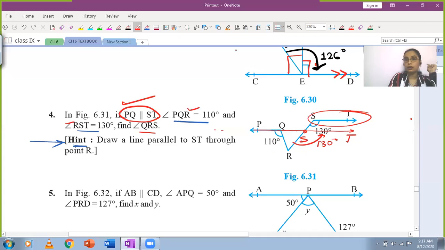ऐसा हो नहीं रहा, but you could use the properties of parallel lines and you can work your way around it. आप कर सकते हो, ऐसा modify कर सकते हो, लेकिन आप ये नहीं कह सकते कि ST and PQ are the opposite sides of a line, opposite arms of a line. They are not two parts of a line, not the same line at least.